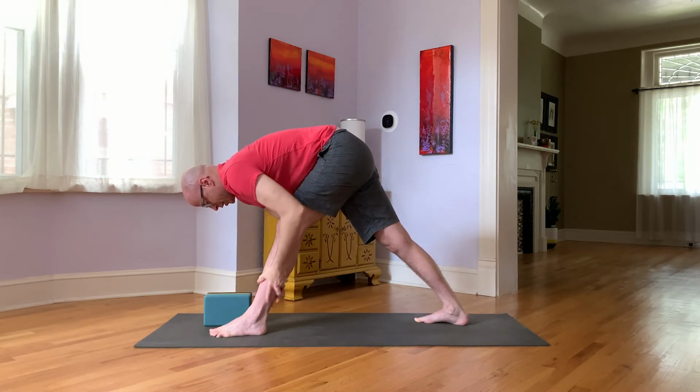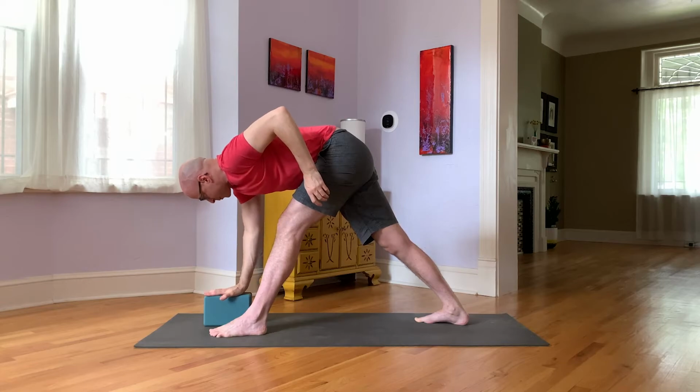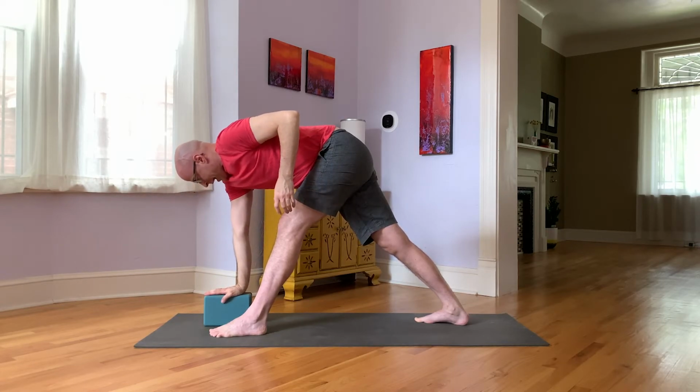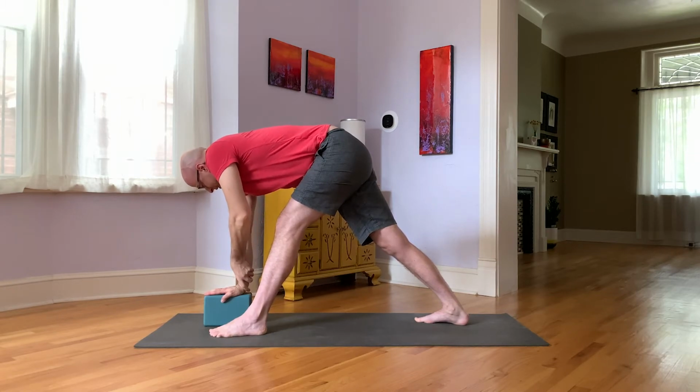Okay. So great. Of course, if you can't do that with 2 hands, you can always do it with 1 hand. And then from here, you're now going to take your right hand back onto the block, replace it onto the block. And then from here, left hand, on your way into revolved triangle, you can take a skin stroke